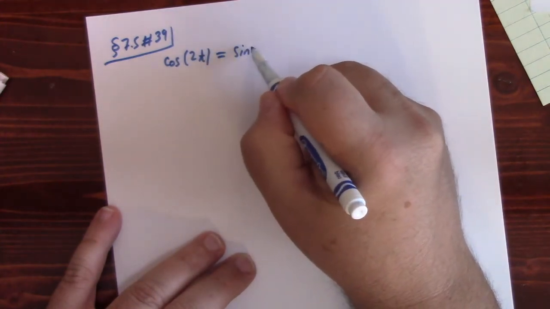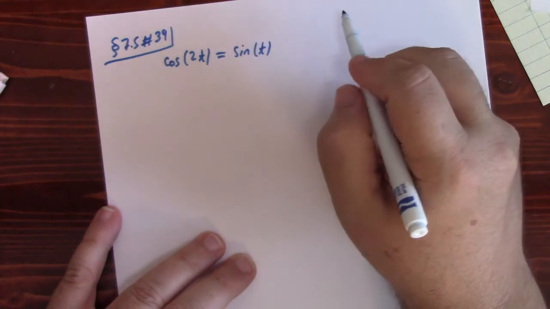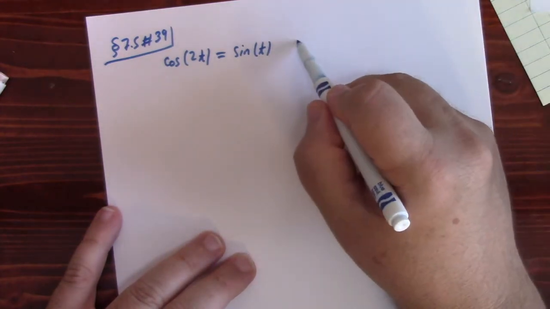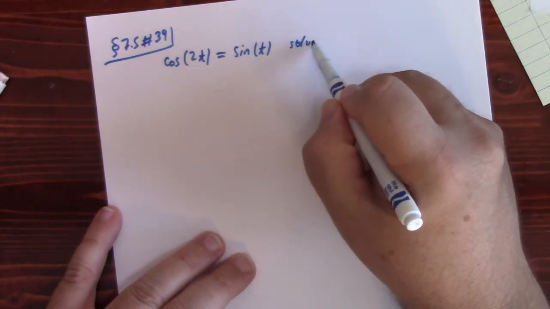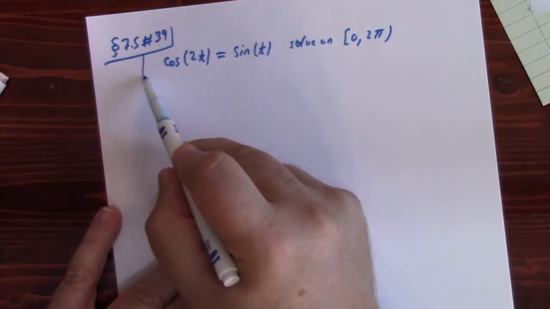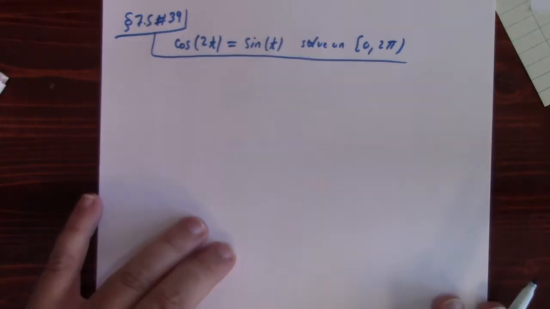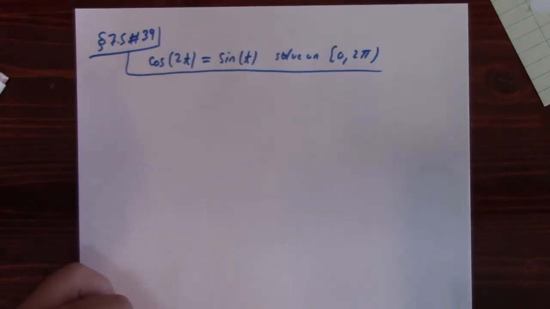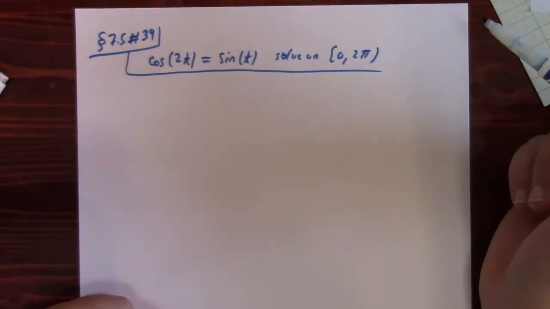Sine t. Let's just hope I'm right. Solve on 0 to 2 pi, as always. Seems like I should give you some variety in that instruction. All right, so